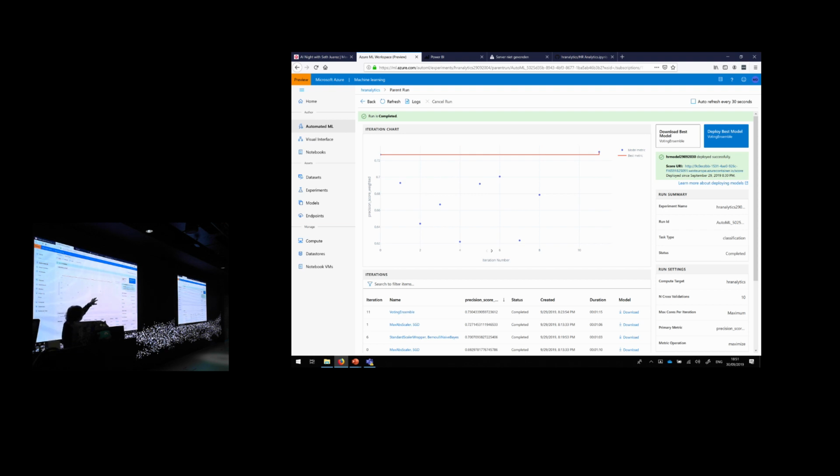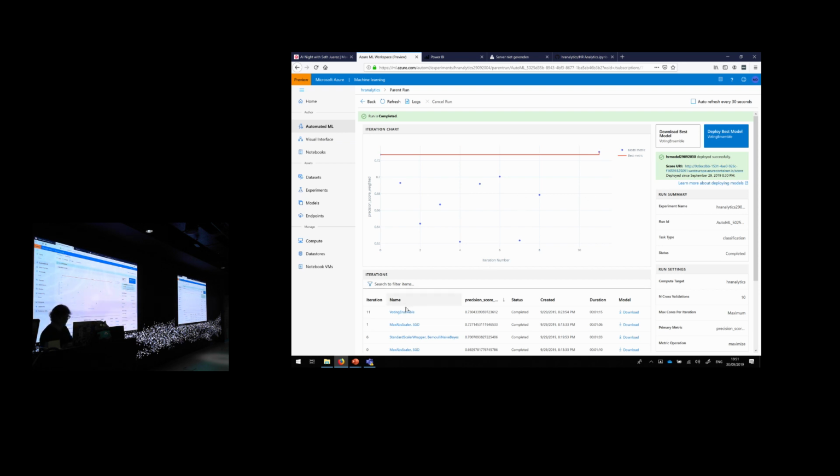So what you can then do is say, all right, you see all the different scores, right? That's my best metric, the red line. And when it's ready, you can say, all right, deploy it. Or you can download it. The nice thing is you can deploy to every device you want, actually. You can download the pickle file, then you're also happy. You can do whatever you want with it. But for now, we just deployed it.